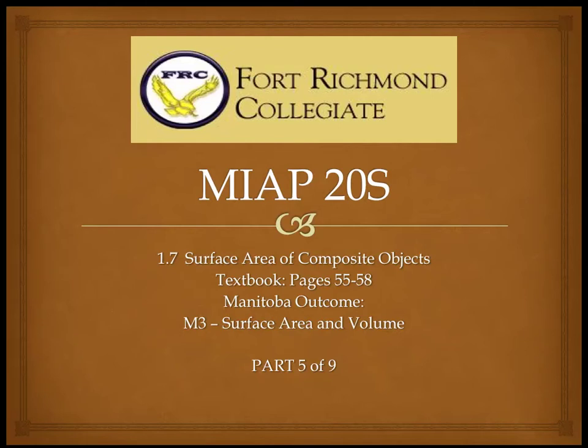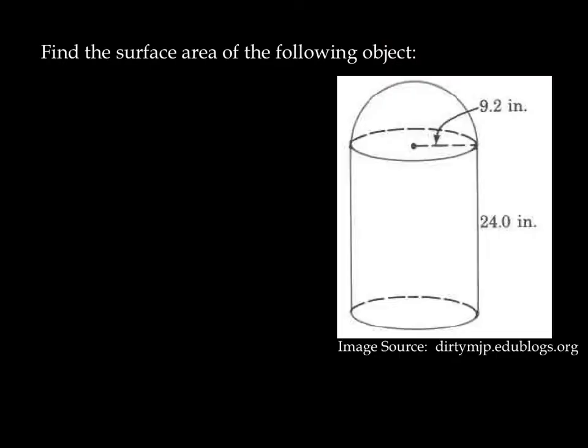Okay, this is the last video on surface area as part of outcome M3, which deals with both surface area and volume. And we're going to look for one moment at one example of a composite object. The one question we're going to look at is: find the surface area of the following object. A composite object just means that it is composed of more than one shape. There is more than one shape put together onto the same